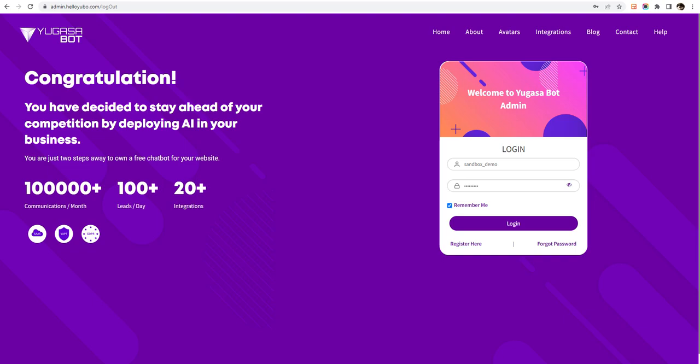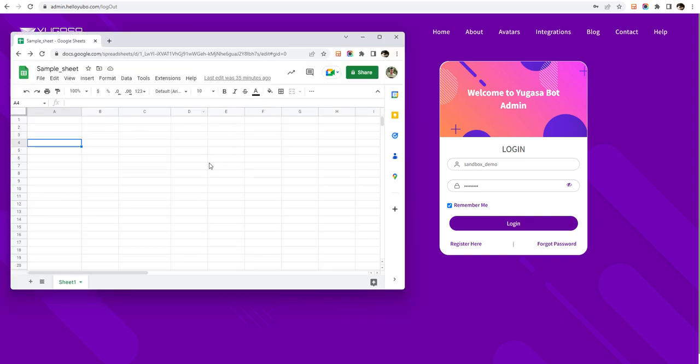Hello everyone. In this video, we will see how Yugasa Bot can be integrated with Google Sheets to transfer data from the conversation which the Yugasa Bot is having to the Google Sheets directly. So for that, this is the login panel for Yugasa Bot admin, and we have the Google Sheet, of course,